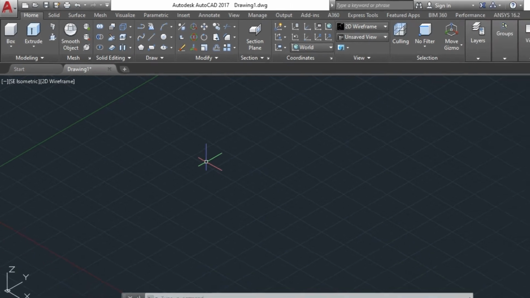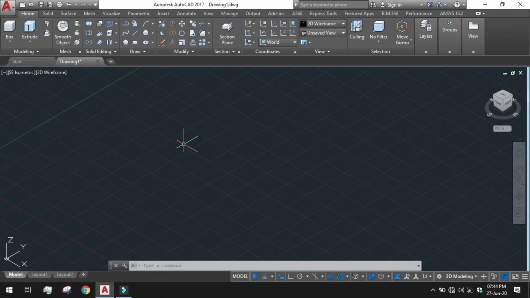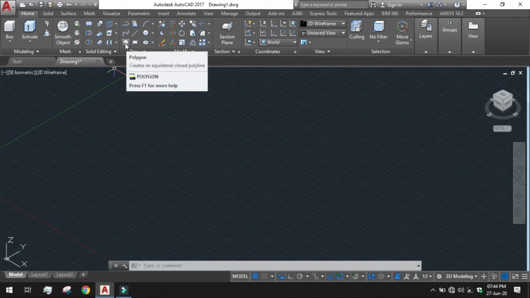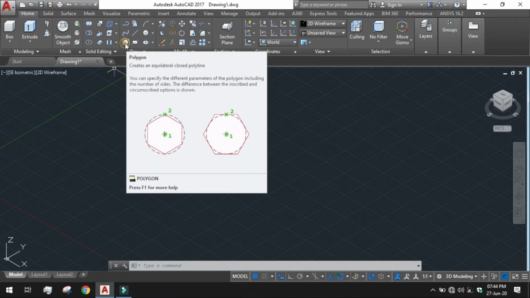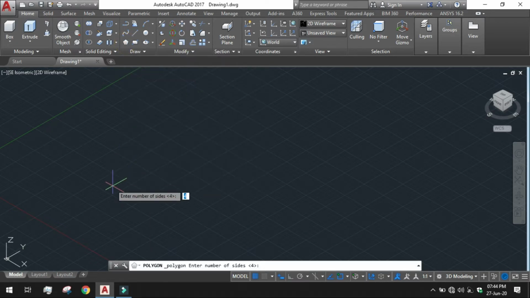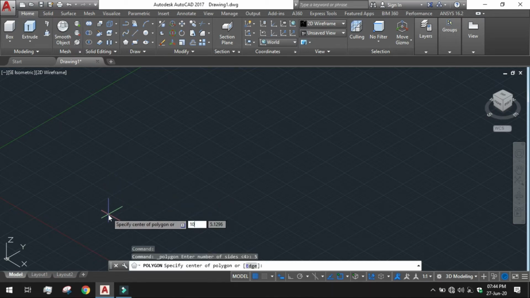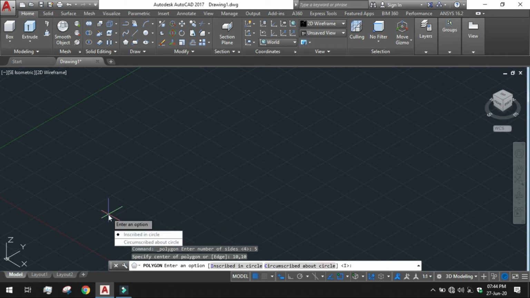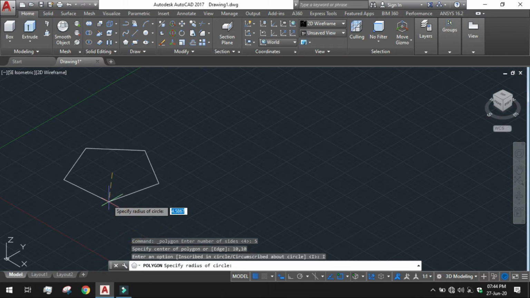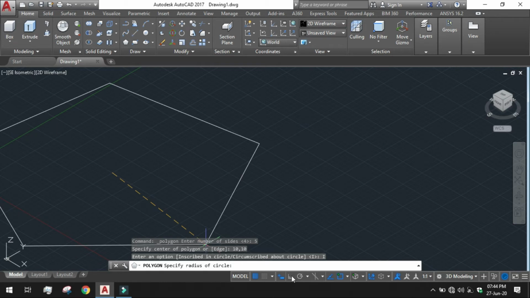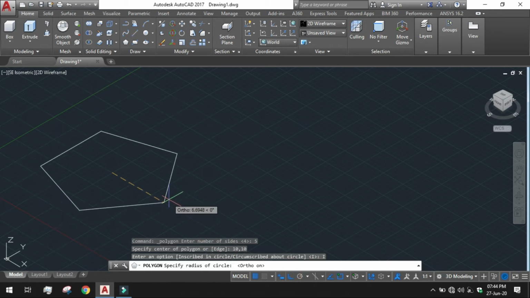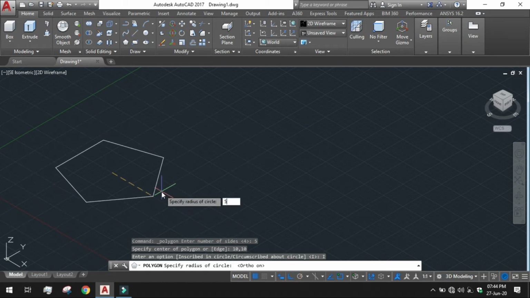Now we can see that for using the extrude tool, we need a bounded curve. We need a 2D curve here. So I am drawing a pentagon using the polygon tool over here. Number of sides 5, center of polygon 10,10, inscribed in a circle, and radius 5.